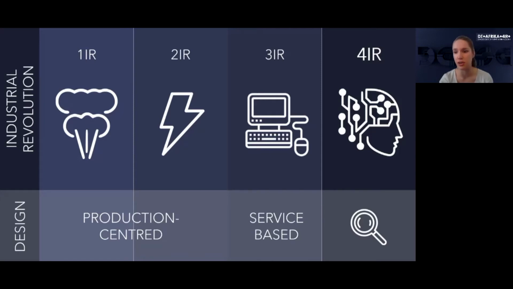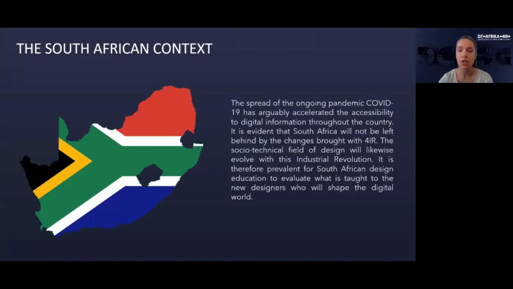And this then shifts during the third industrial revolution when digital technology is introduced and design becomes more service-based and the consumer is taken into account more. So as we move into the fourth industrial revolution, it is important to debate how the role of design will evolve and the impact this change should have on design education. So next I look at the South African context, as this is the context of design education that this paper